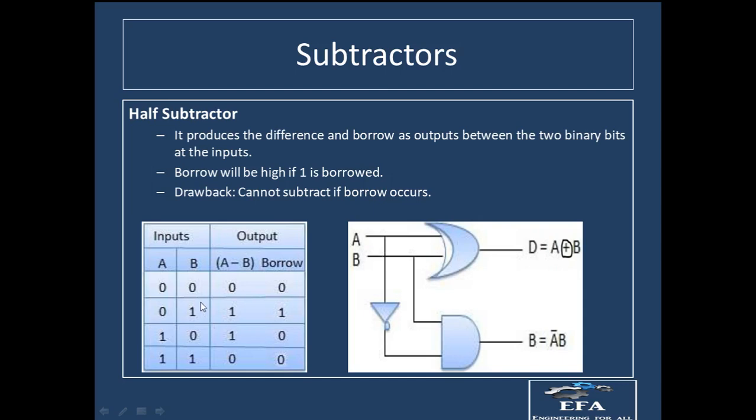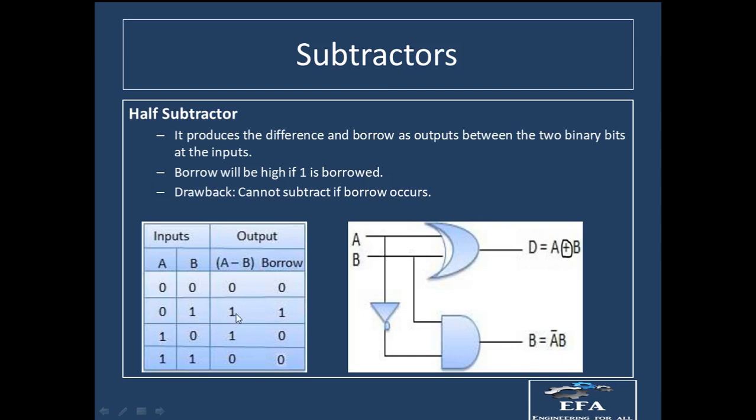Okay, so let us say that we are again having the combination as 0 0, 0 1, 1 0 and 1 1, right? If we subtract like this, A minus B, so you can see 0 minus 0 has to be done, right? So if we subtract 0 minus 0, output will be equal to 0 and there is no need to take any borrow, so borrow will be equal to 0. Now in the second case you can see we are having 0 minus 1, right? So this 0 is smaller than 1, right? So therefore subtraction is only possible in this case if we take a borrow, right? So it means borrow will be equal to 1, and if we subtract 0 minus 1, we know that the output will also be equal to 1.